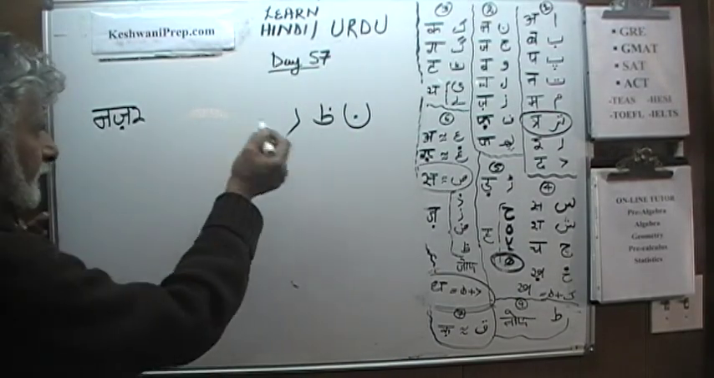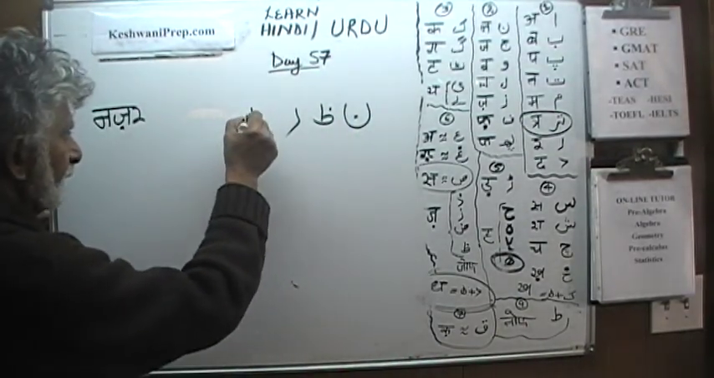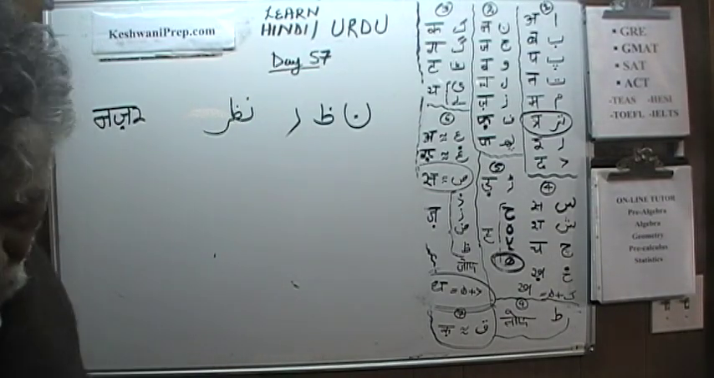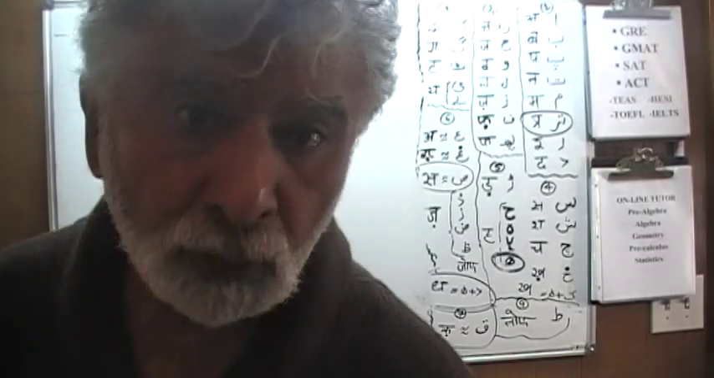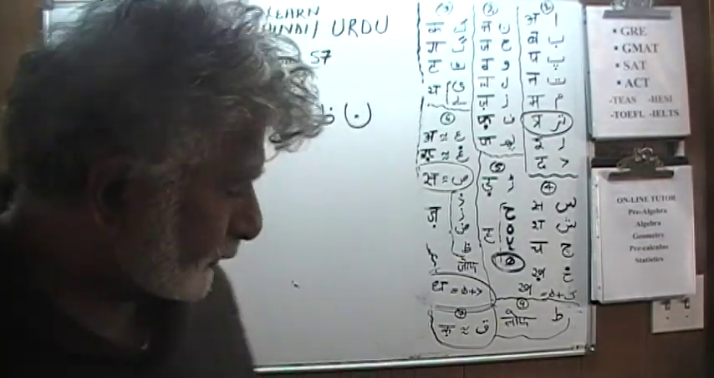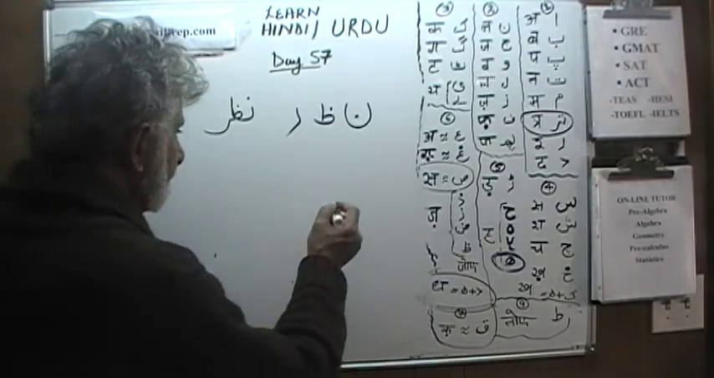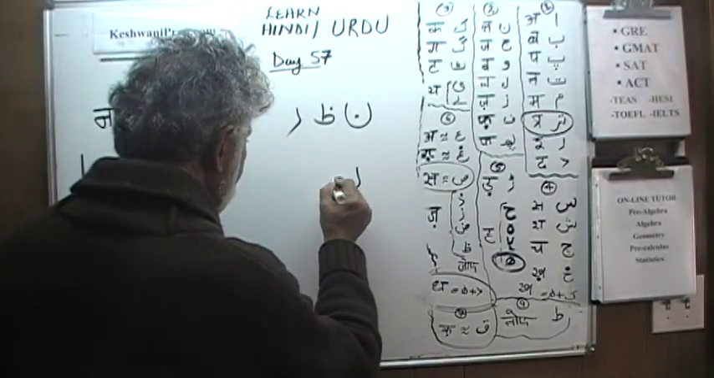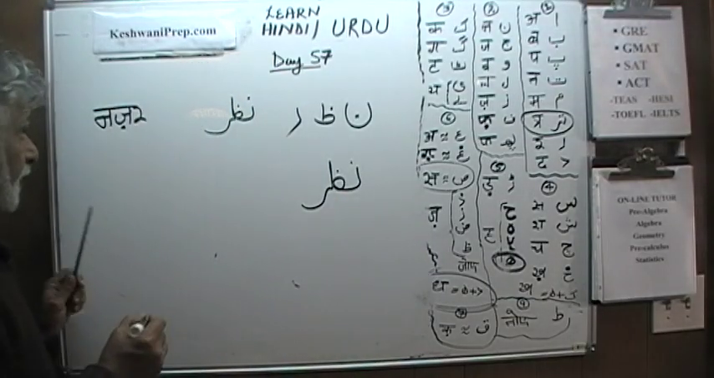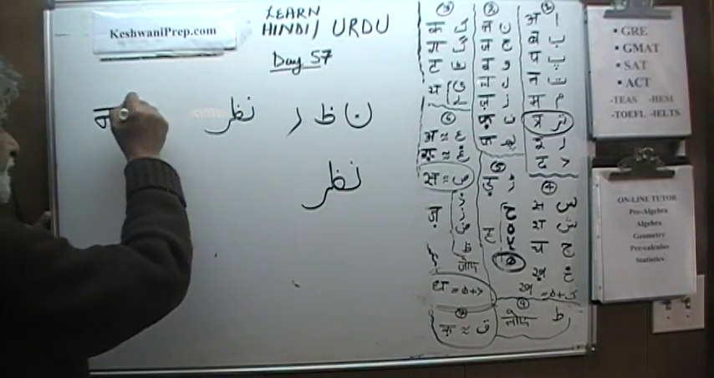And now we put them together. When we put them together, this is how it looks. Na, za, ra, nazar. Nazar means to look, to see. It can also sometimes mean eyes. The plural of nazar would be nazre. Na, za, ra, nazar. And if you put the e ki matra, nazre,